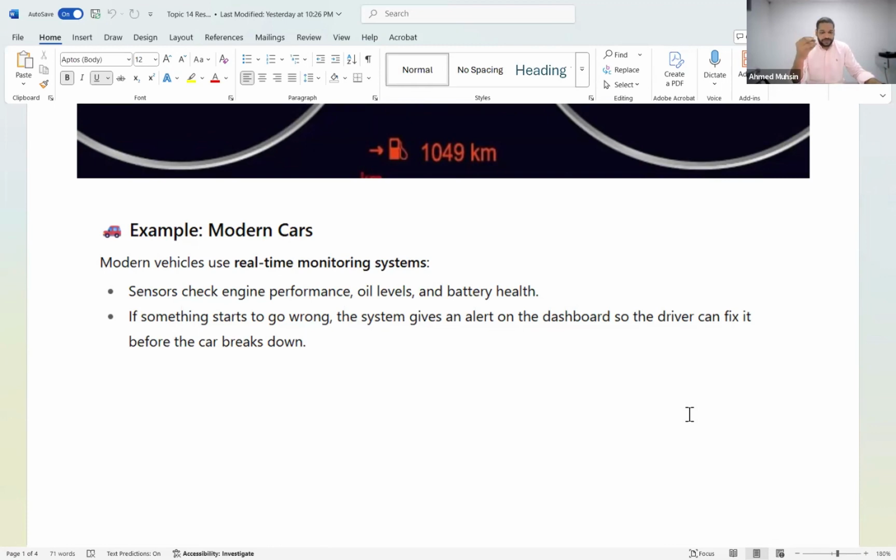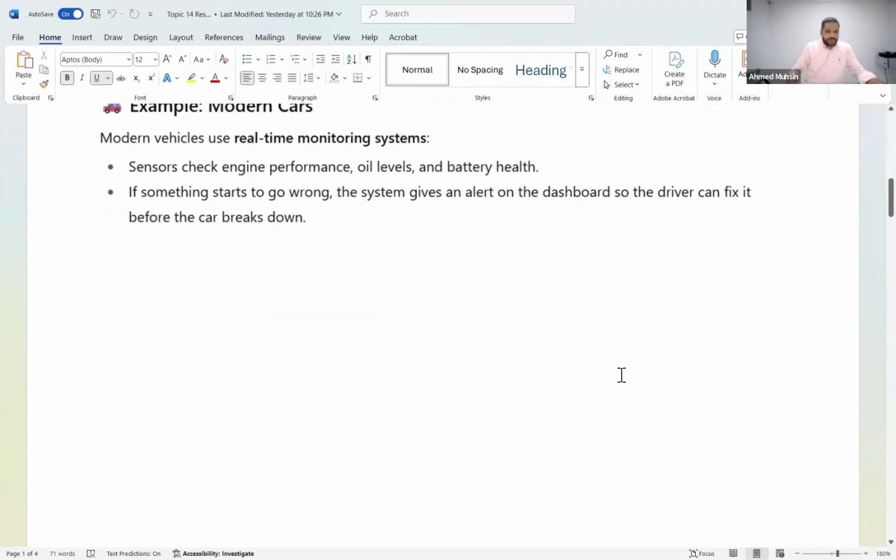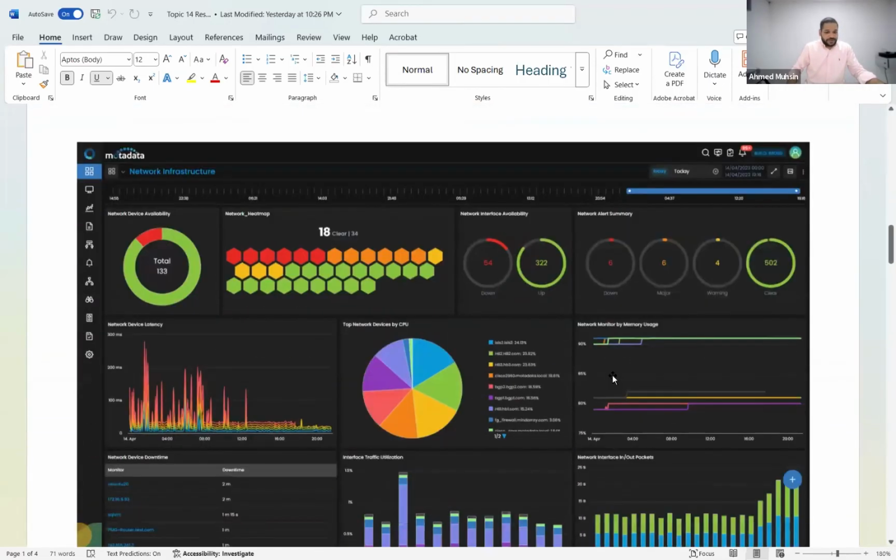If something were to go wrong, the dashboard would tell you what the problem is. Another example, everybody okay with this now? Let's have a look at another example. So for example, guys,